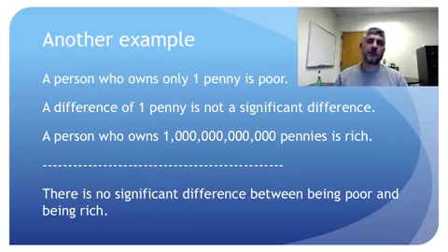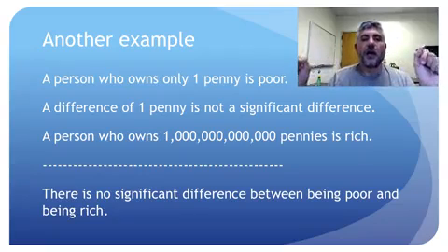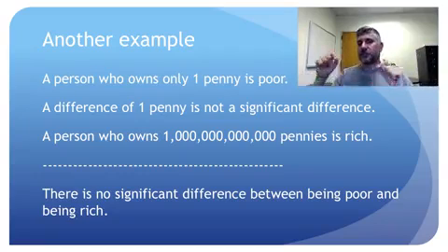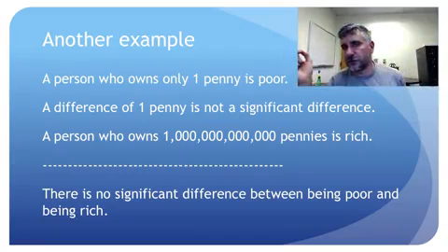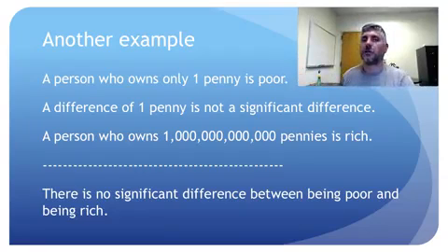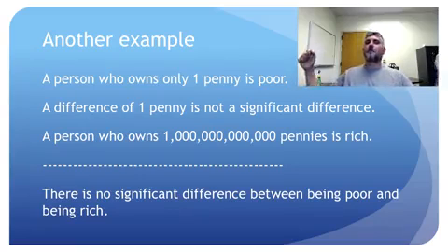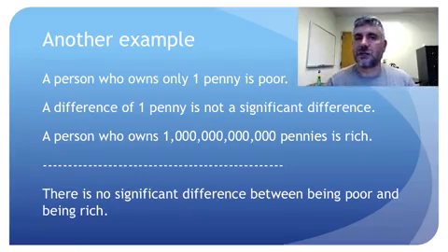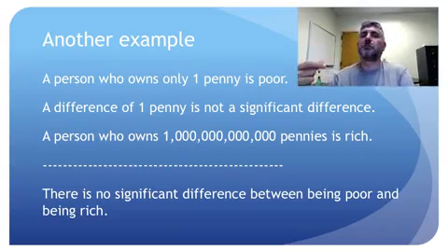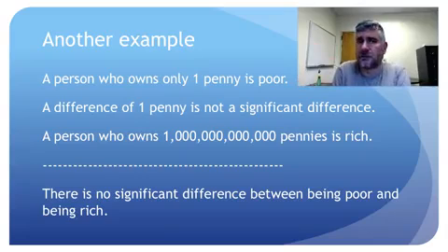And that's because even if the difference between being poor and being rich is made up out of a series of 1 penny differences, and even if a 1 penny difference is insignificant, it doesn't follow that the difference between being poor and being rich is insignificant, right? A difference that's made up out of a bunch of insignificant differences can still itself be significant. Just because its components are insignificant doesn't mean that it is insignificant.